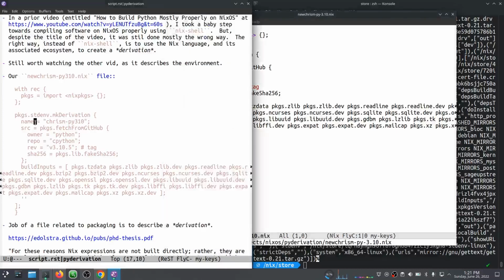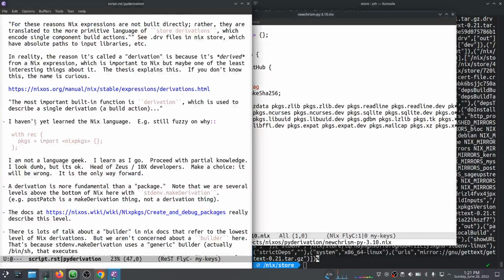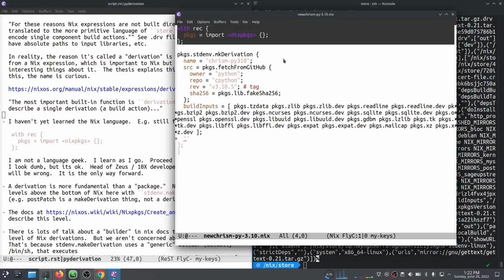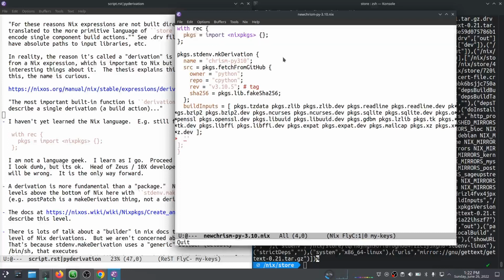Again, I gotta admit, I am not a language nerd. I am learning Nix along with you. I don't know. As a matter of fact, I don't know what this means. I don't really have to, because, well, eventually I'll have to, but at this point, you have to start somewhere, and you have to proceed with imperfect knowledge,